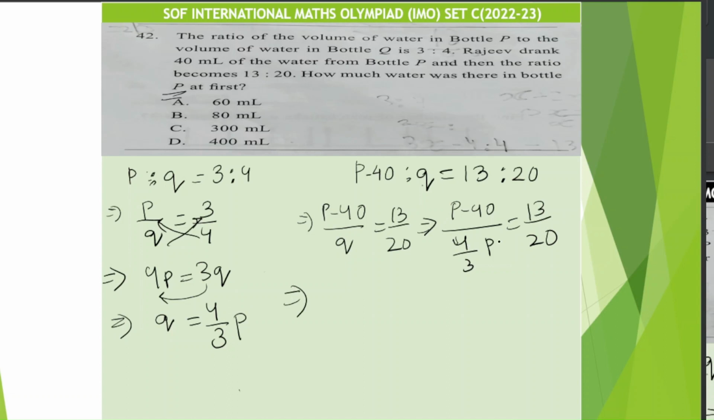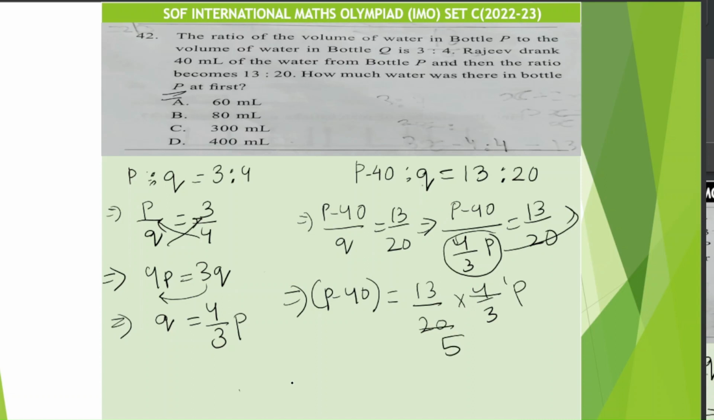Here it is divided, so I will take this entire thing to the other side and multiply with 13 by 20. Because it is divided, it will go to the other side and become multiplied. So 13 by 20, it will be 20 here, 20 into 4 by 3, right? So 4 ones are 4, 4 fives are 20. So it will become P minus 40 equal to 13 is in the numerator, 13 into 1, and denominator is